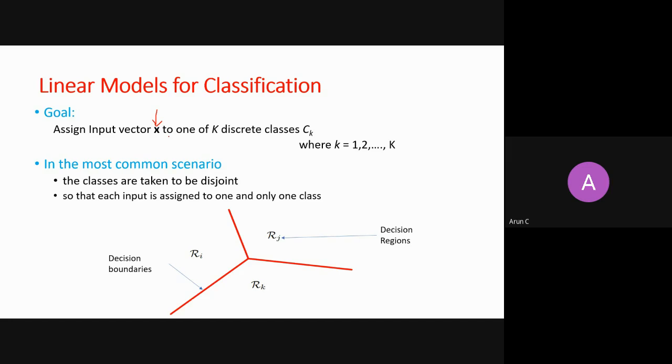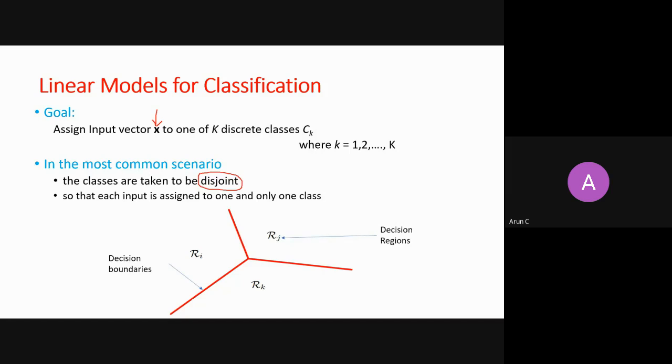Just to simplify this abstraction, I can say that I have classes like buffalo, elephant, and there are 10 different categories of animals. For a given photo, you want to find out which class is available in the image, whether it is a buffalo or elephant, lion, tiger, cheetah, whatever it is, right? So for a given image, you want to classify among 10 classes, and they are disjoint. The other assumption, for convenience, is that they are disjoint, though there will be cases when the classes are not disjoint, we will see it.